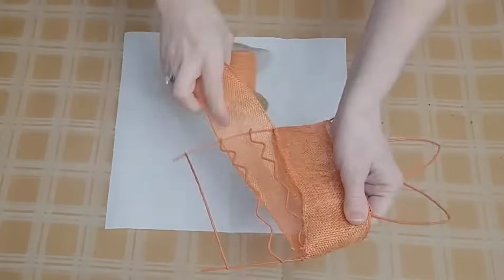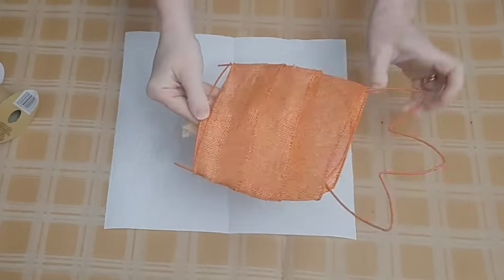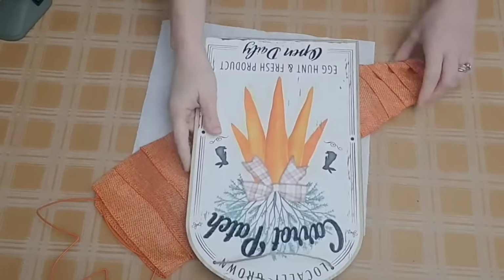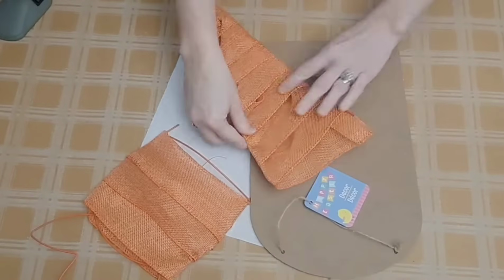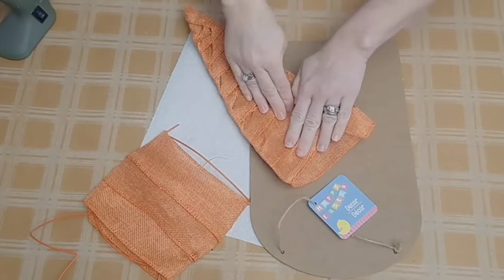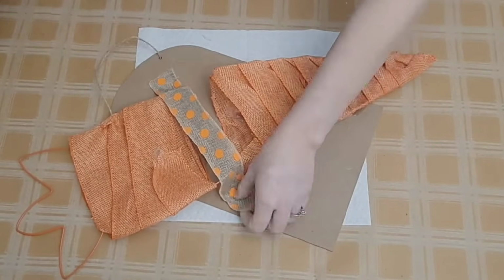Now I'm just going to wrap the other half of the carrot, and I'm not going to wrap that top part as I have another plan for that, but I'm just covering the base here, and now I'm just figuring out exactly how I want my piece to sit on the back of this sign so it looks like this sign is placed on top of the carrot. Once I glue down my carrot pieces,